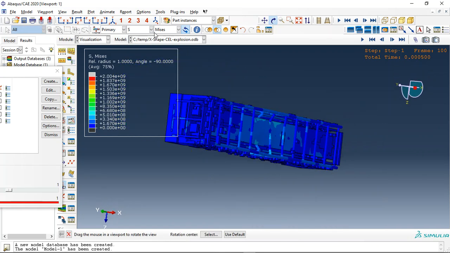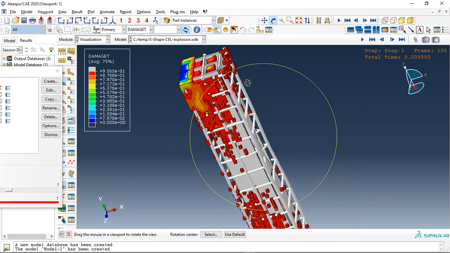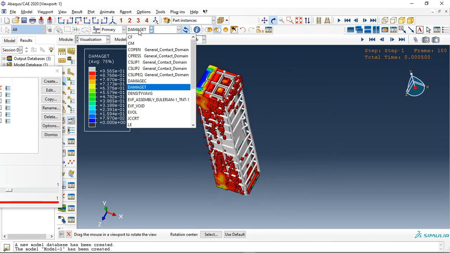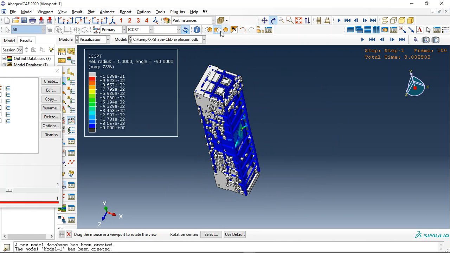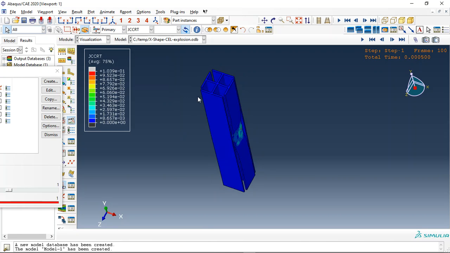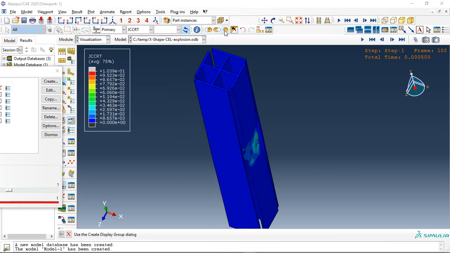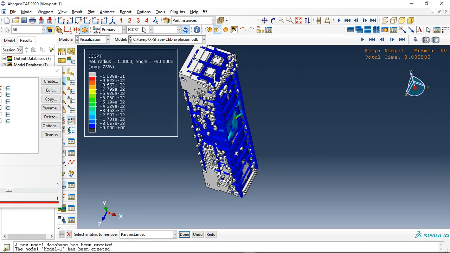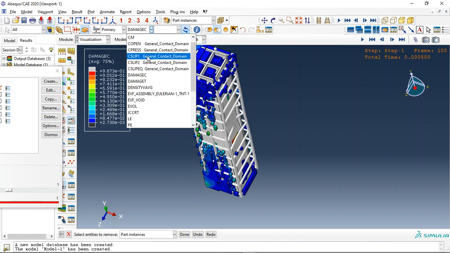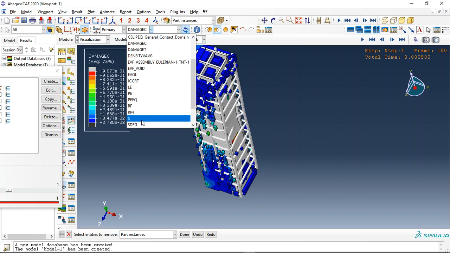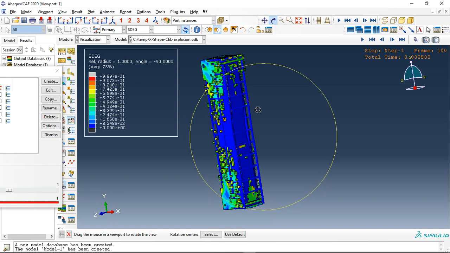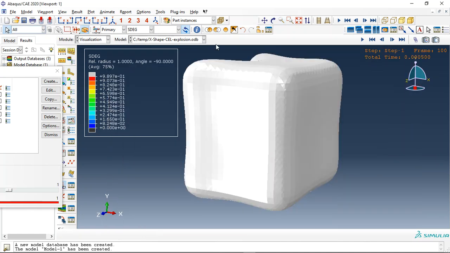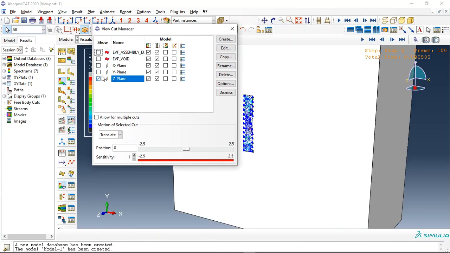See here, this is the column, and if I check the tension damage, see it is fully damaged. You can see that. And now let me replace the Johnson-Cook damage and replace the steel X shape, and then request compressive damage, plastic strain, stiffness degradation, or anything else. And let me check it in this view